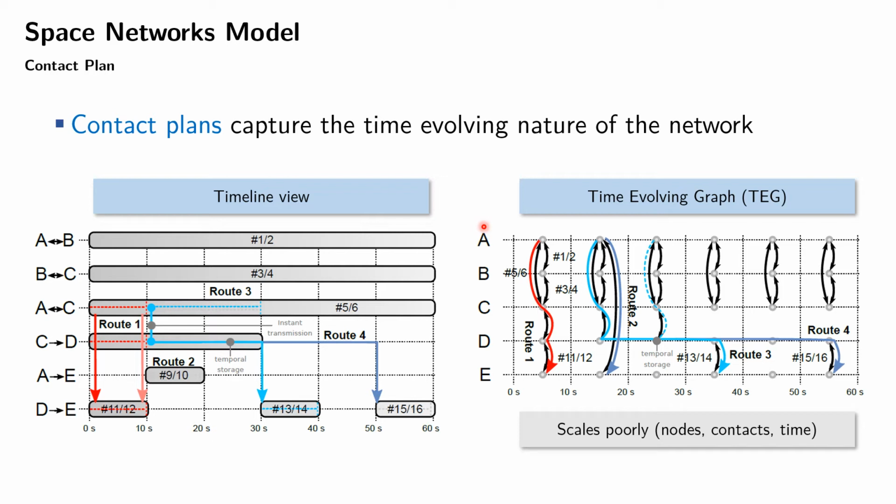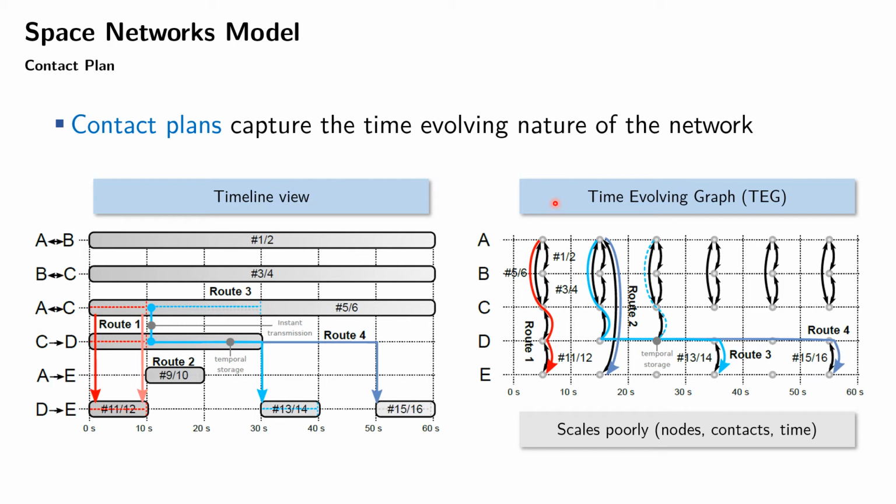Now, how do we model the network? This is the timeline view of the very same example we showed at the very beginning. You can see that a contact plan is quite a compressed expression of the connectivity of the network, which can be a little bit more complex when you see it in a timeline expression. And one immediate way of modeling this type of connectivity from a graph perspective is by means of a time evolving graph, or TEG. A time evolving graph basically splits the time into discrete elements on which the connectivity, or the graph describing the connectivity of the